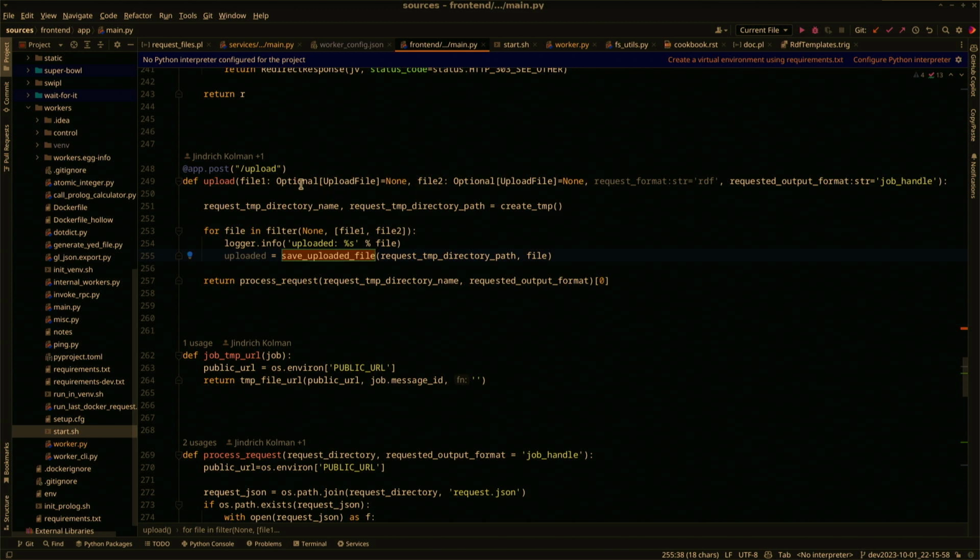We don't have a very good story with regards to submitting a job containing multiple files. There's some of the functionality in the investment calculator supports